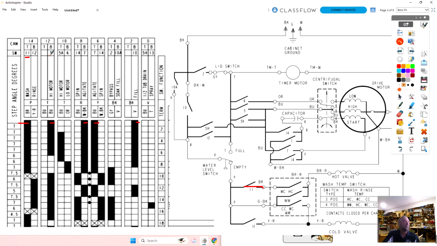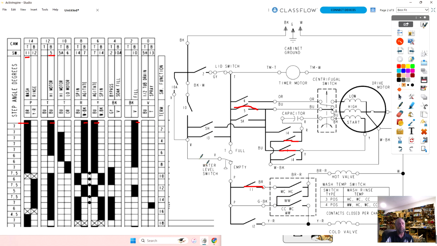And let's go to the next one, switch number 5. So that's this one here. Switch number 5A is also closed here. Oh, no, it's not. I'm sorry. I just rubbed my eye and I got a contact, my eyes all teared up. So the next switch that is closed is number 7. And one thing to know on this washer is that if one of those 7s is closed, both of them are. If one of the 14s is closed, both of them are. And then the last one is 10.